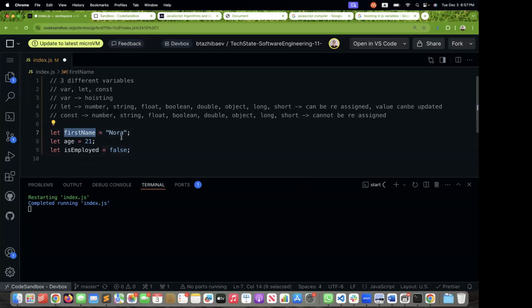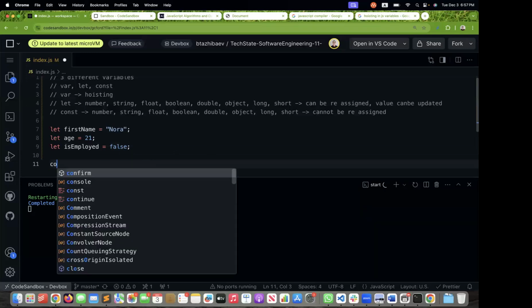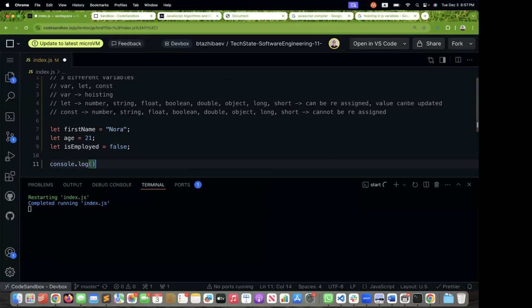So as you can see, I'm able to store a string using let. I'm able to store a number using let, and I'm able to store Boolean using let, right? The data types. Okay, now how can I use them? For example, to console.log, and I can say,